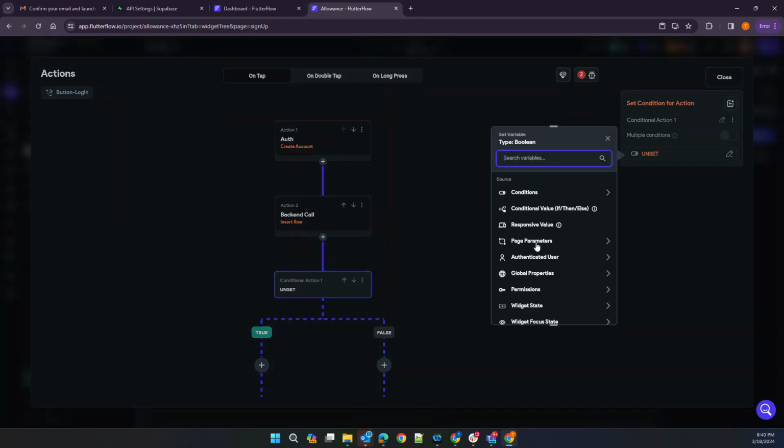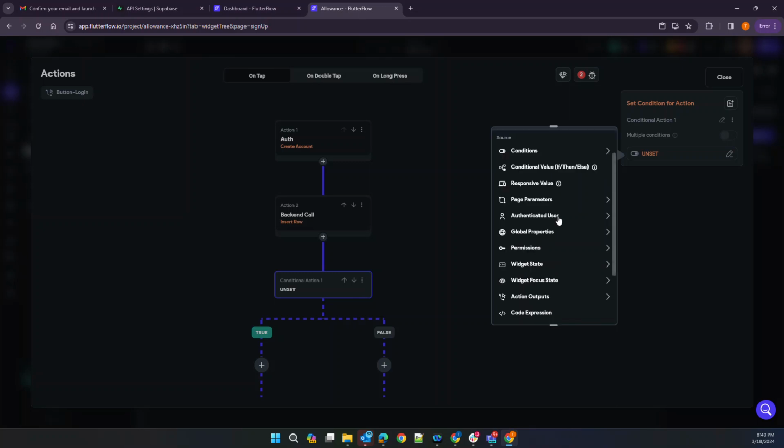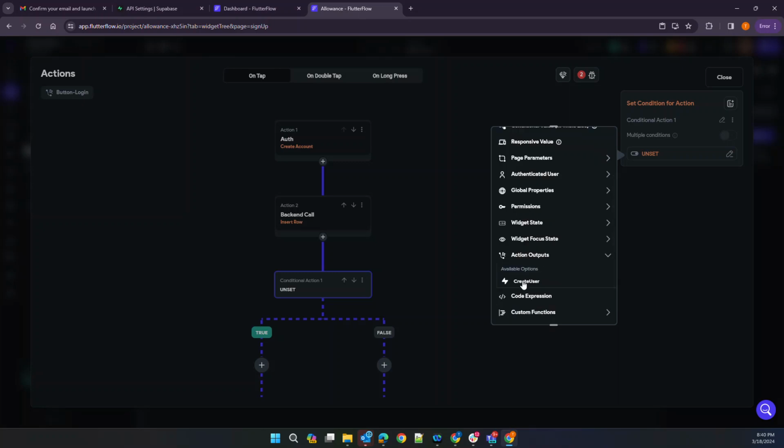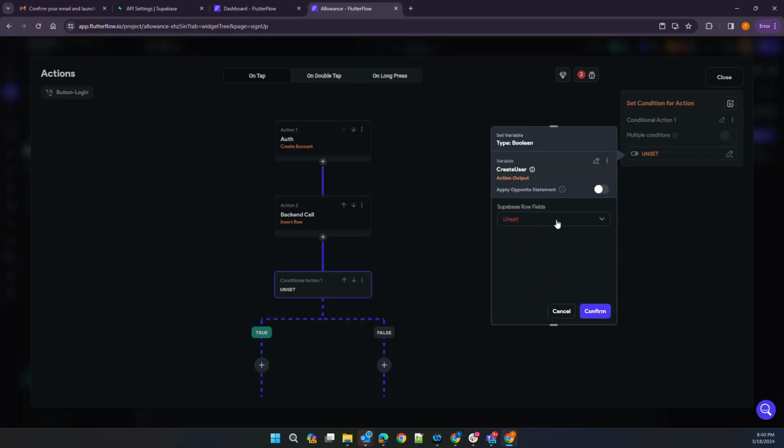So because we just did that action, here's our action. We just did it. Action outputs is here, right? And we called it create user. So what options do we have? Let's see, it created. So apply opposite statement, action output. So in this case, there is no like,